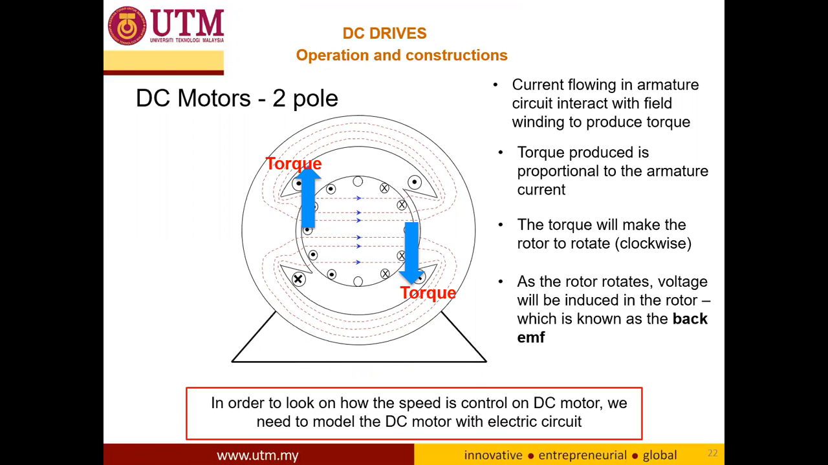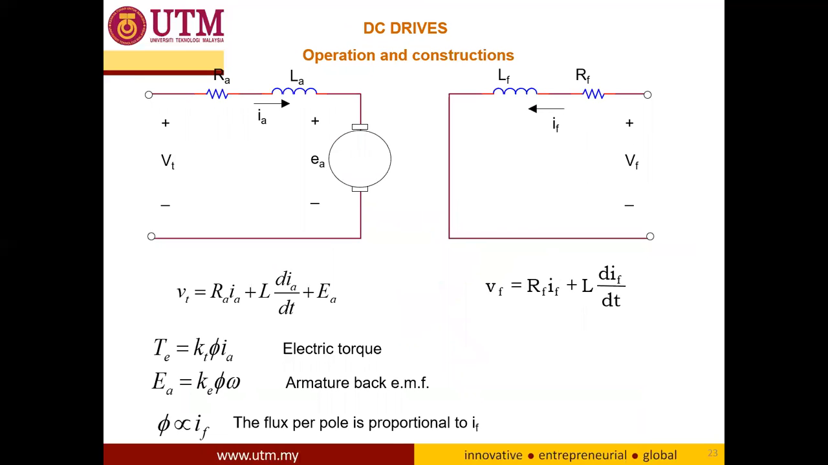So in order to look at how the speed is controlled on a DC motor, it's better that we build up, or we know, the electrical model of the DC motor. Okay, so this is the electrical model of the DC motor. This model makes our analysis easier, because from this model we can study the characteristic of the DC motor itself. So this is what we call the armature circuit,